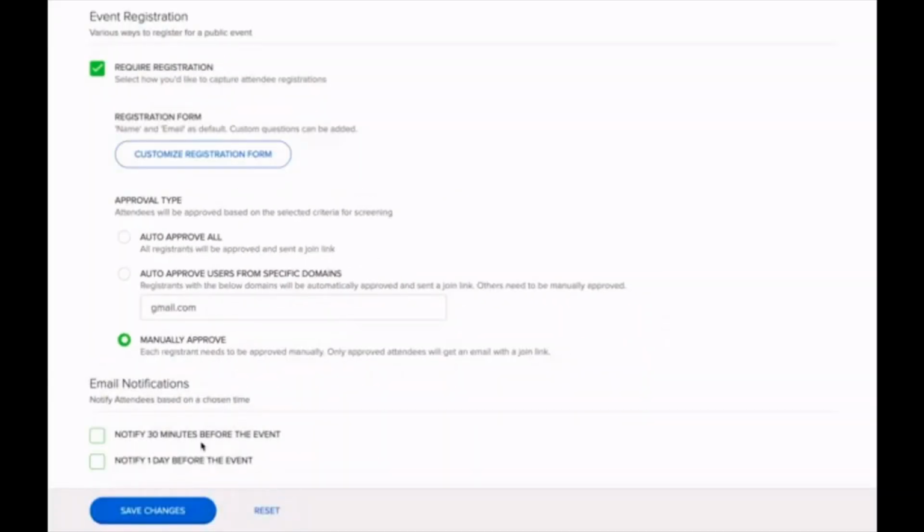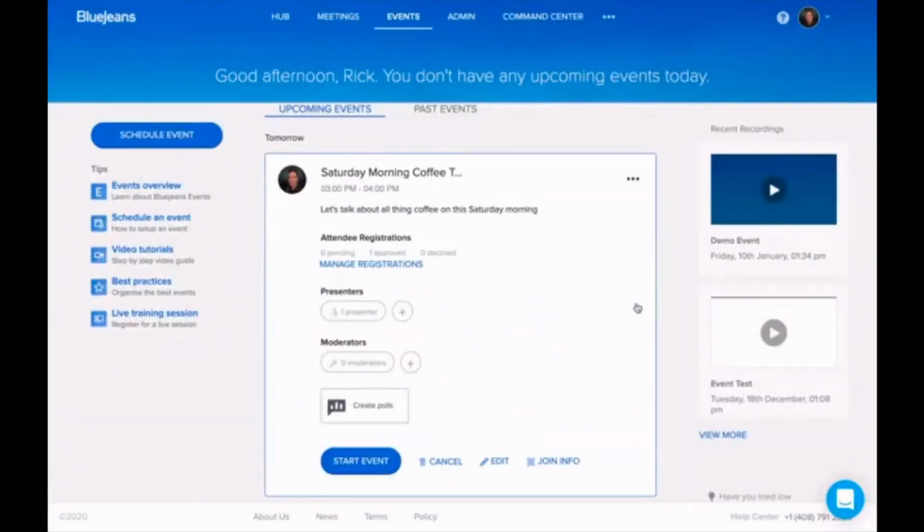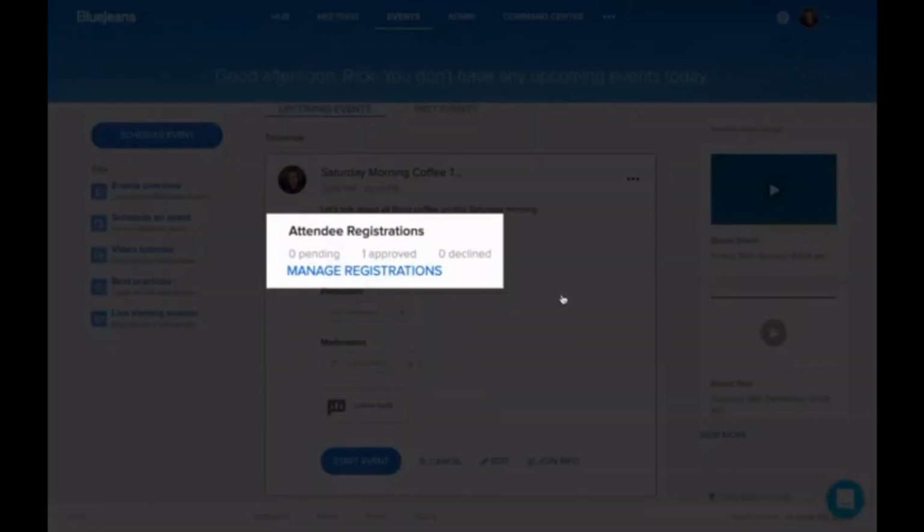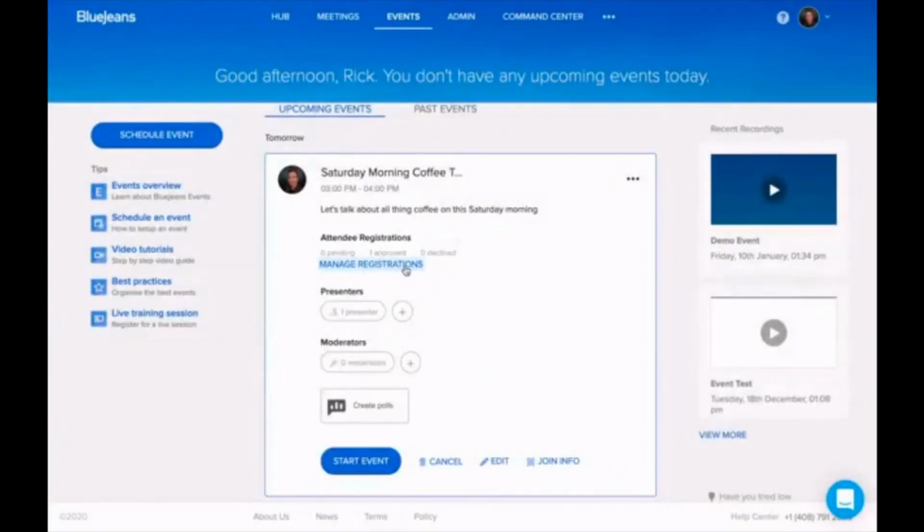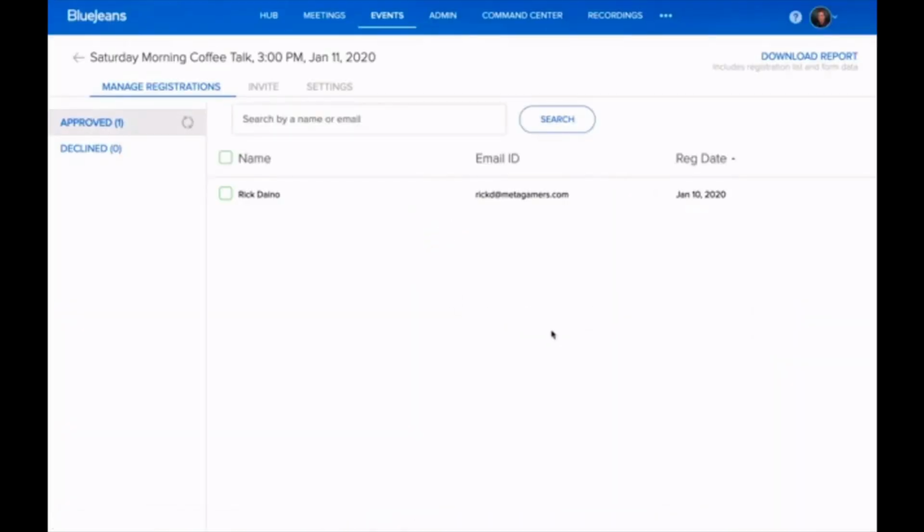And finally, email notifications. If you would like to notify your attendees based upon a chosen time, as a reminder that the event is about to start, you can notify them 30 minutes before the event or 1 day before the event. And that brings us back to the Events tab. And you'll notice as users are engaging with those invites, you'll see the attendee registrations as pending, approved, or declined here. And again, if you'd like, at any point in time, you can manage those registrations and you'll see them listed